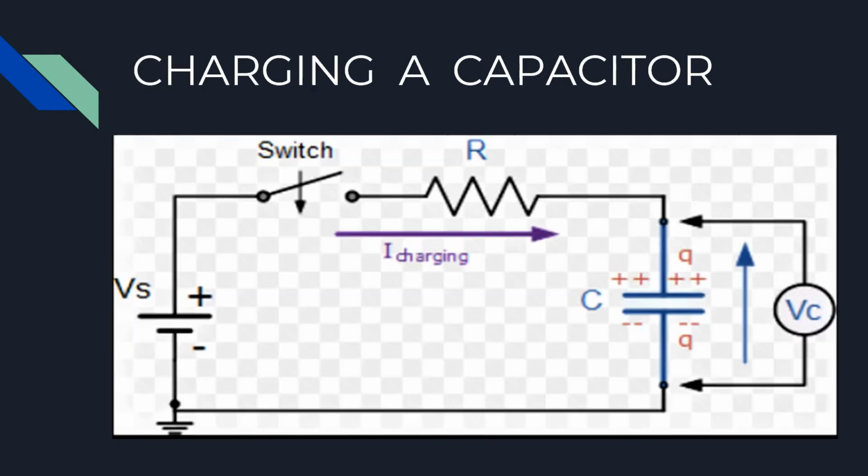When we add charge to a capacitor by connecting a plate terminal to a higher voltage, that's called charging the capacitor. And when we take away charge by connecting the plate terminal to a lower voltage, that's called discharging the capacitor. Now, let us look into the circuit diagram of a capacitor-based memory device.